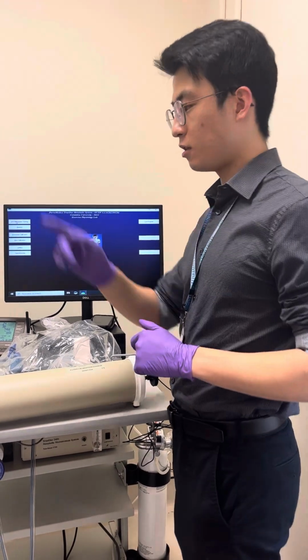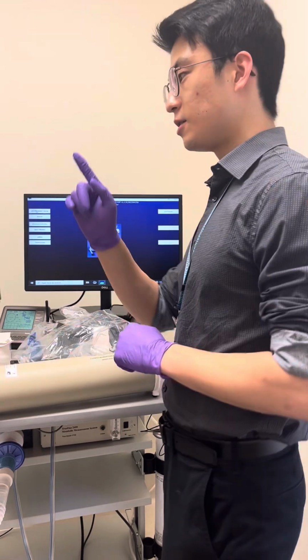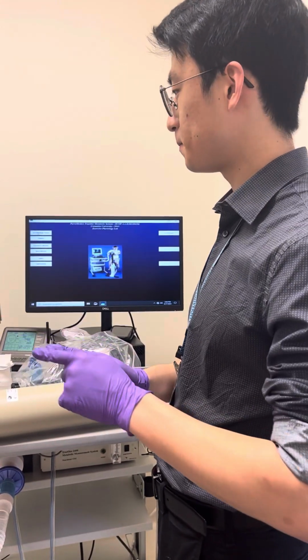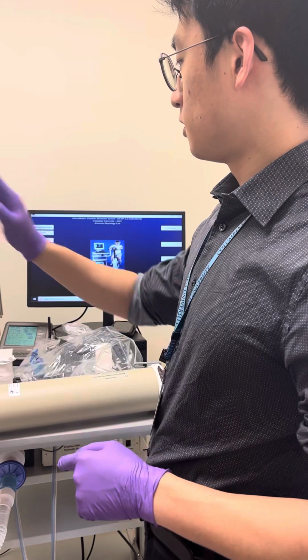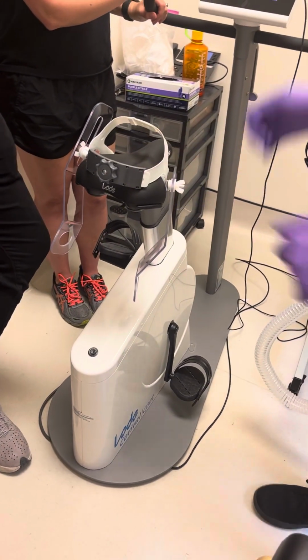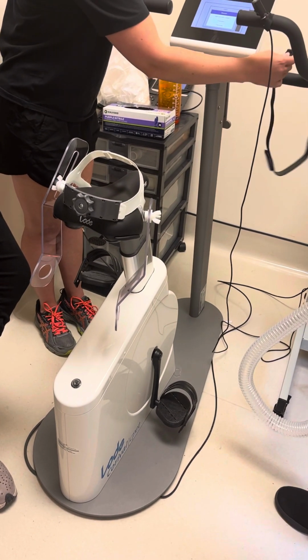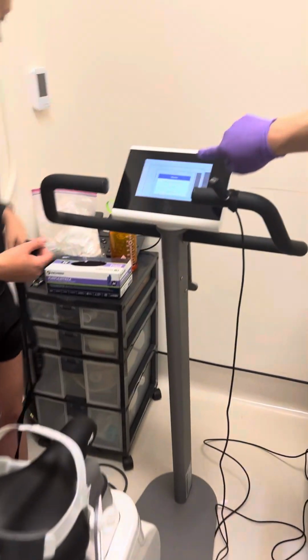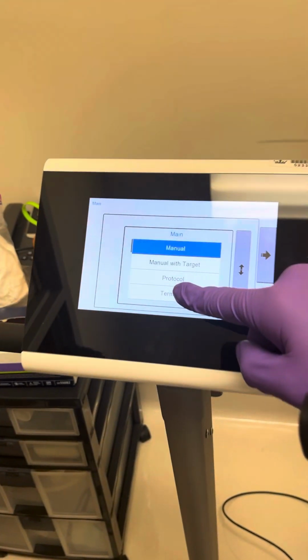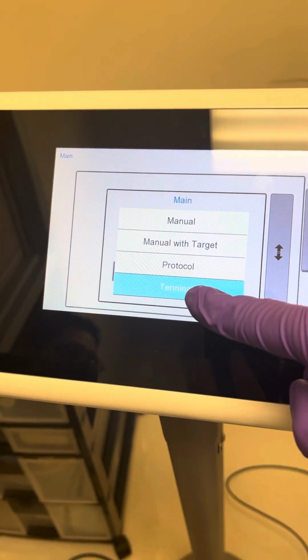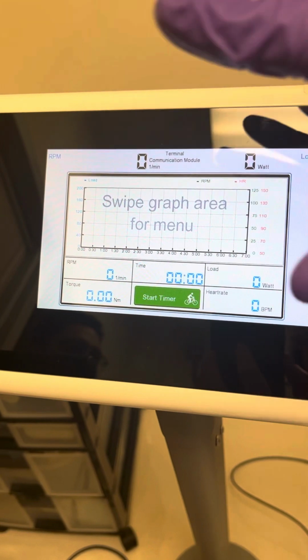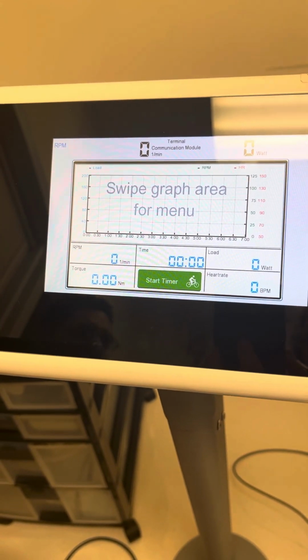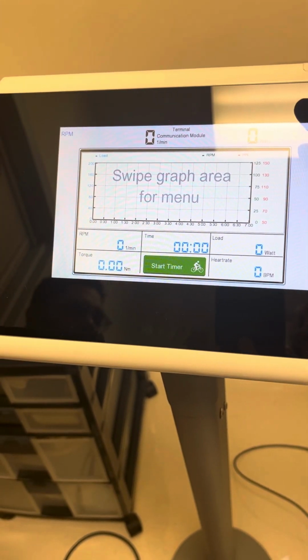And you also want to make sure that the bike connects to the machine. We actually had this problem last time. So when you turn on the bike, there's a power switch right there. Make sure it is plugged in. And when you turn on the bike, you may end up with this screen right here. You have to make sure, and you can lean in, you have to make sure that terminal is selected. And then you'll see this graph. If when you turn it on, it automatically goes to this graph,